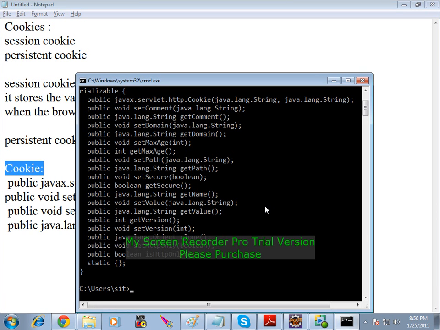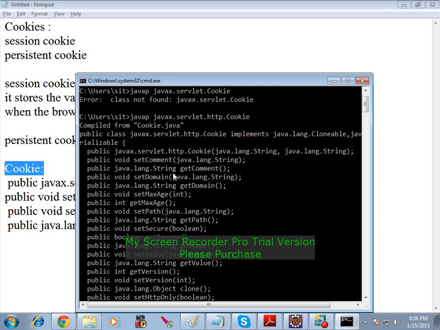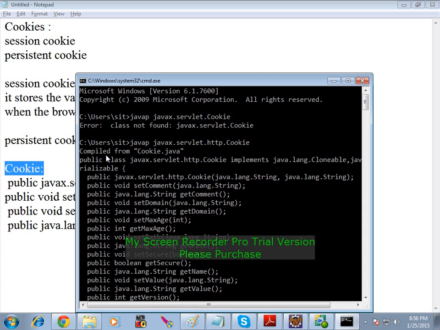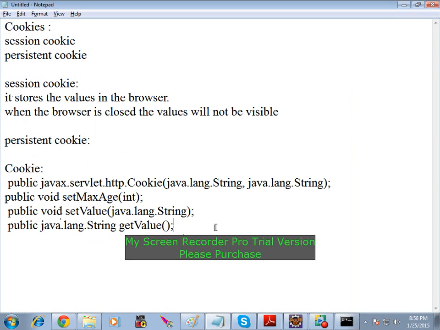So these methods are present in which particular class? Cookie class. So without a cookie object, can you call these methods? No. An object is required, right? Yes or no? So we are creating the object. How are we creating the object? Cookie ck = new Cookie. What is that? You can say color, or you can say username. What is the username? System. Means if you want to transfer those values, or you can say username is Rahul.